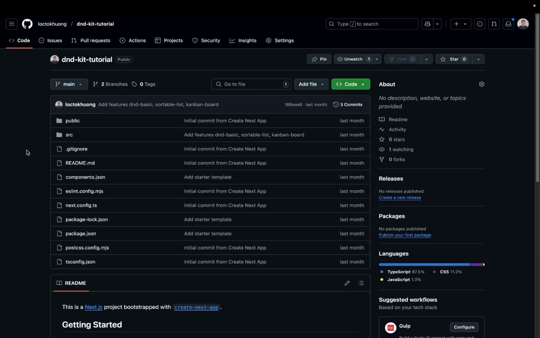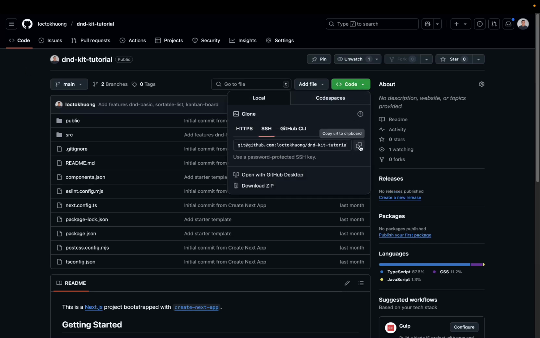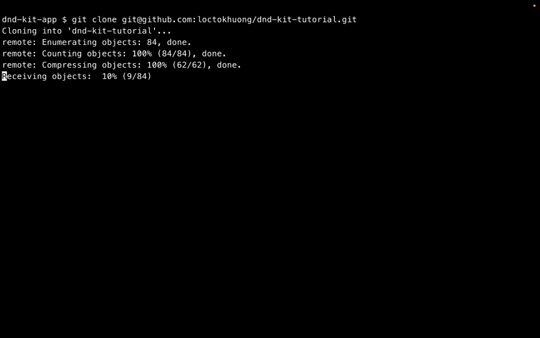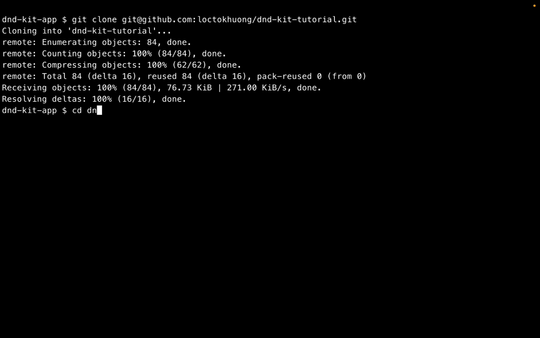To get started quickly, I've prepared some minimal components using Next.js, Tailwind CSS, and Shadcn UI with all the dnd-kit packages already installed. You can check out GitHub here and clone it. So I'm going to clone this. You can check out this link or the one in the description. And go to dnd-kit tutorial